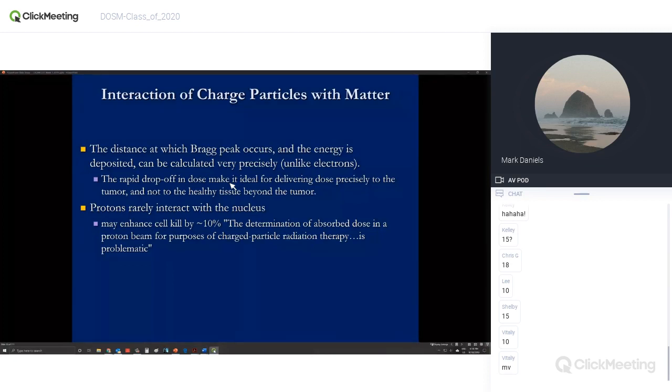what photons can do. So if you've ever gotten a plan from a proton facility, on that plan report or in a plan report for photons or protons, you're going to see something called CGE, which is cobalt gray equivalent, or basically photon equivalent dose. So when they report something like 70 gray with protons or 84 gray equivalent with photons, protons carry with it their prescription doses might be less, or they might be the same, but what they'll find is that they should get better cell kill just from the very nature of how these things